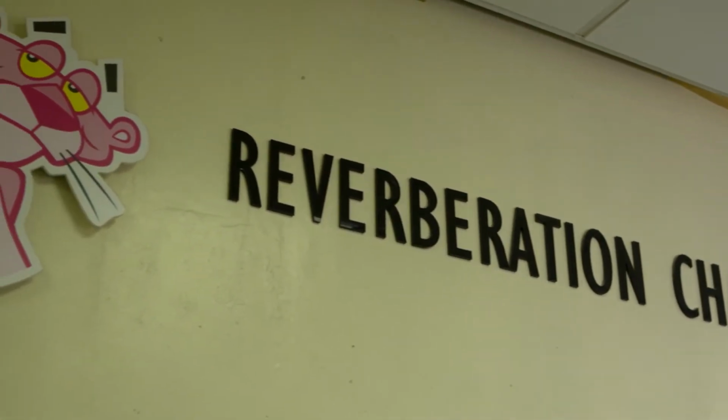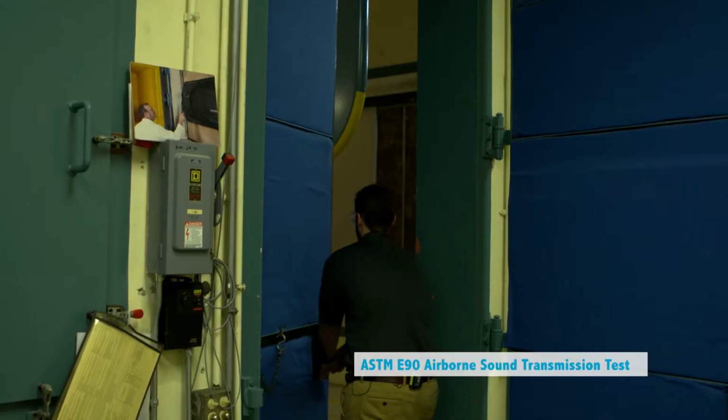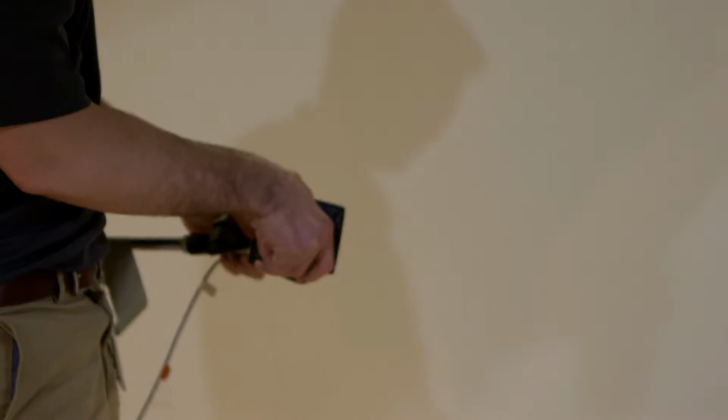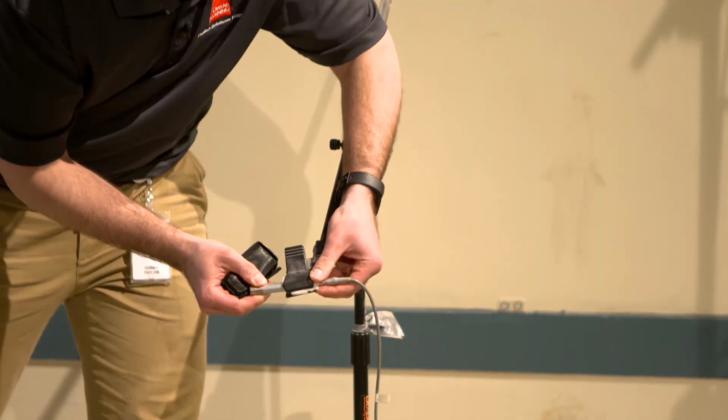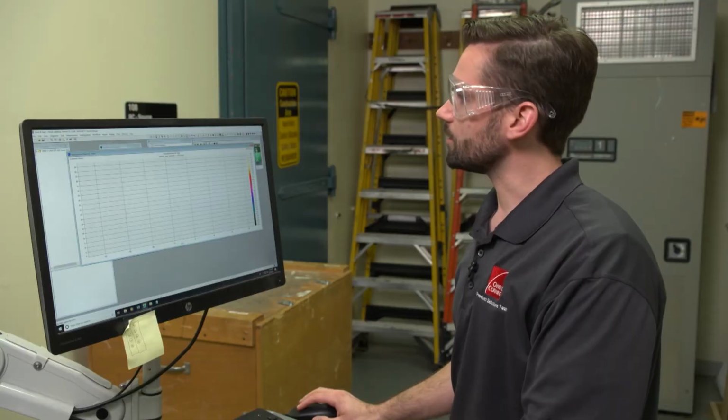So we're going to be running our ASTM E90 test, and this evaluates the sound performance from room to room. The only way sound energy is going to get from our source room to our receive room is through the wall partition that we have in place. So we're going to start this test,